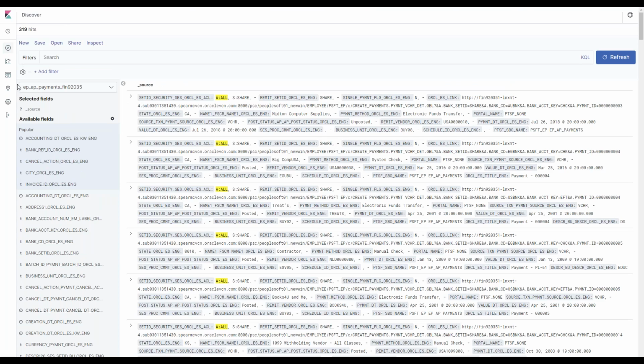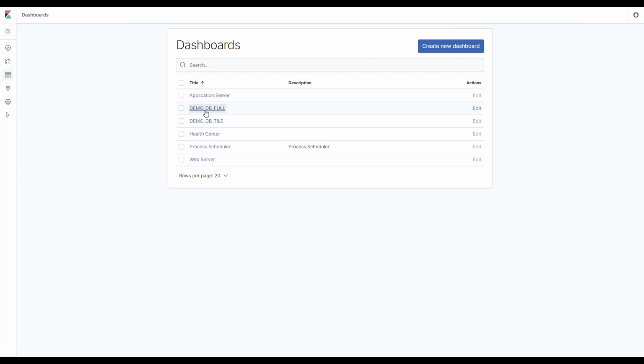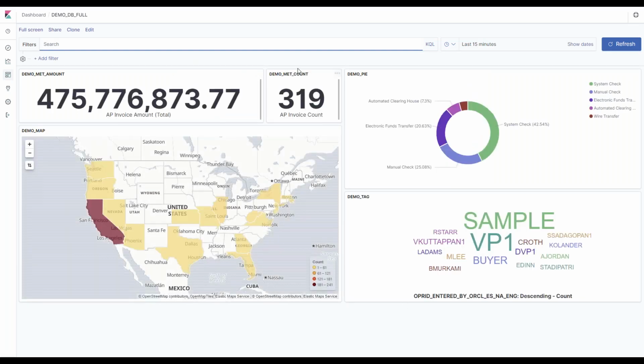The next thing that I want to focus on is the dashboards. It defaults to your most recent one. I built this dashboard for this presentation, and it looks very similar to what I showed earlier with the recruiting dashboard, but this is AP data. We've got a couple of metrics right here, a pie grid, a tag cloud, and then a map. What I'm going to show now is that these things are so easy to build. Now, there's additional configuration to clean this up, to put a more relevant title and all of those things, but the simplicity of getting it here, you'll see you're not spending hours and days putting these types of things together.